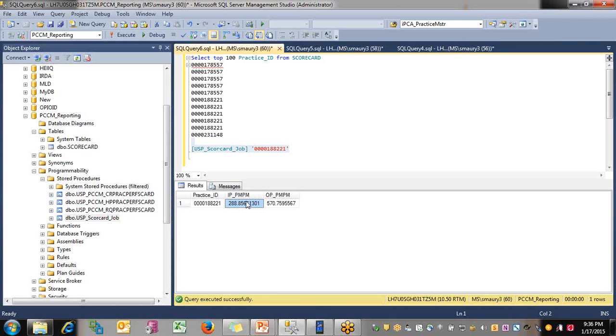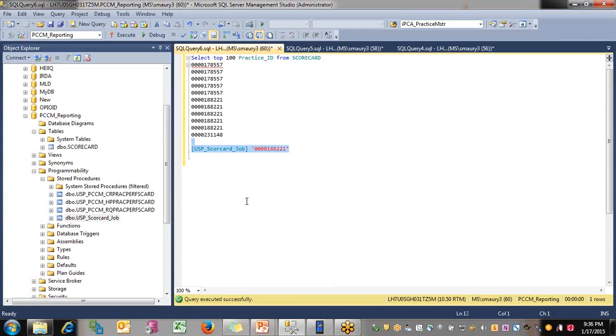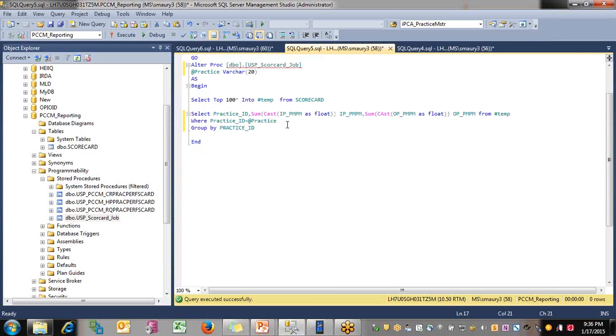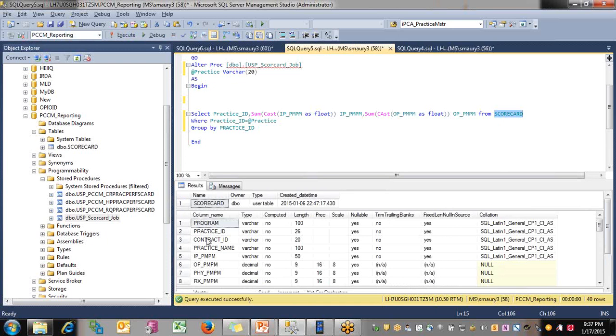Now I am going to make some more changes to this proc, and I will add one more column. So let me go back, and this time look very carefully, because it will make much more sense now. I have taken top 100 records, and no, I'm not going to take top 100 records from the scorecard. I will directly take the data from the scorecard table. Basically, I'm writing only one query, but I am going to take more columns. Let's say I have a practice name. This is the practice name. I will not include anything else,